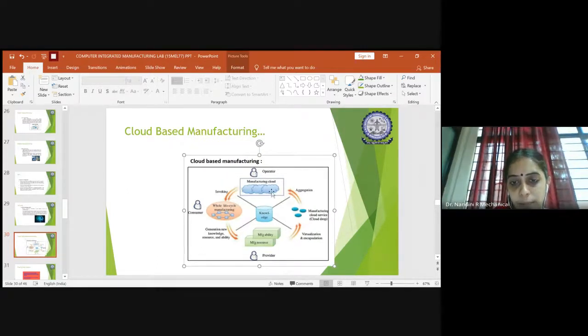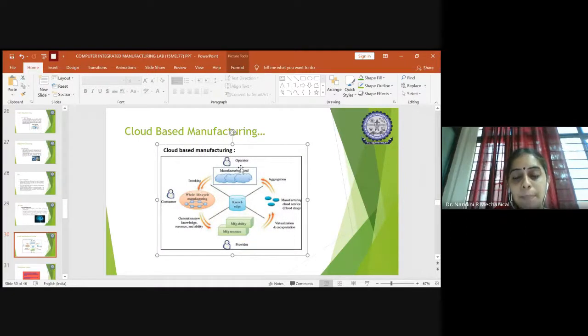So now the operator might be located in one country. The manufacturing people might be located in another location of the world. The consumers, the need of the market, might be in some other geographical location. So everyone will be in a different area. They won't come in person to discuss what is wanted and what has to be manufactured. Everything will be done cloud-based, in a very virtual way, to see that the need has been satisfied and the system is working properly without error. Only then does the actual manufacturing come into the picture. So this is how they are now planning for cloud-based manufacturing, right?